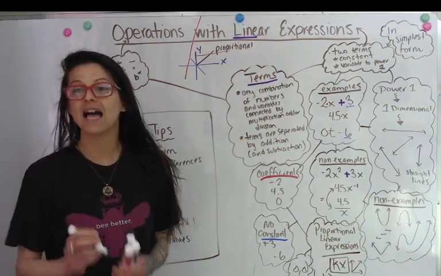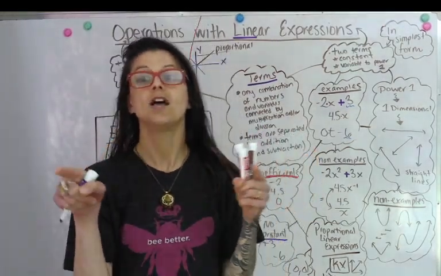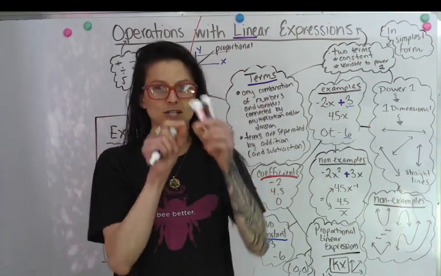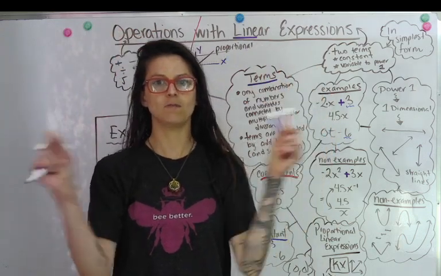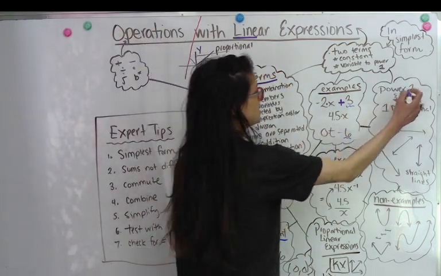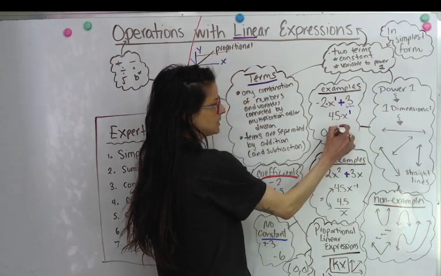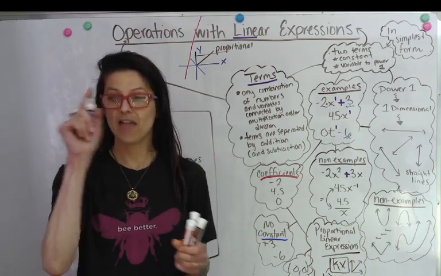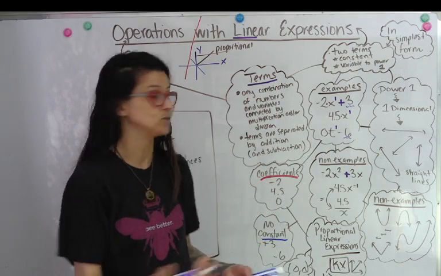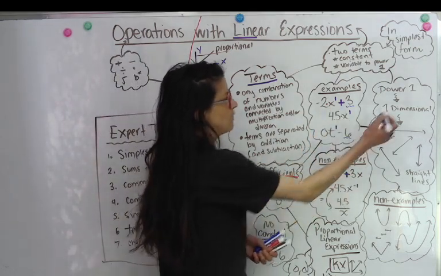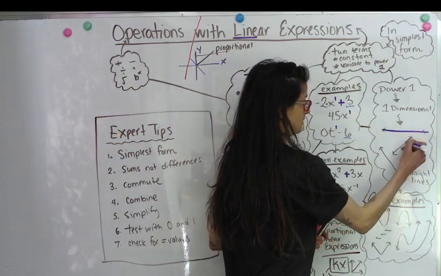And when I think about lines, I think about one-dimensional objects. So a straight line is a one-dimensional object. The circumference of a circle is one-dimensional, even though it wraps and connects. If we were to peel open a circle, it would make a straight line. So I think of these as linear because all of the variables in a linear expression have that power of 1, right? And we don't write it because mathematicians try to omit unnecessary notes. So they have a power of 1, and when things have a power of 1, it's one-dimensional. It makes a straight line,